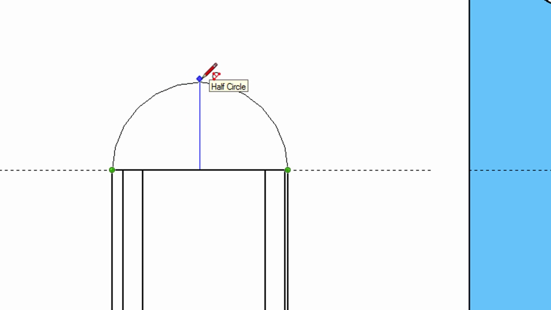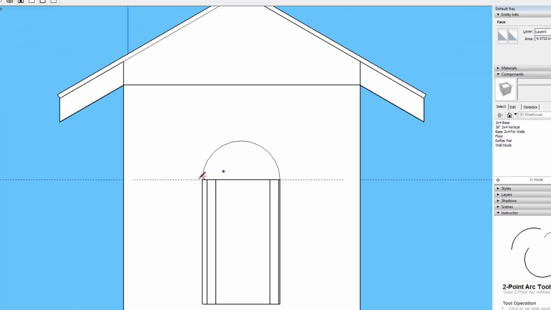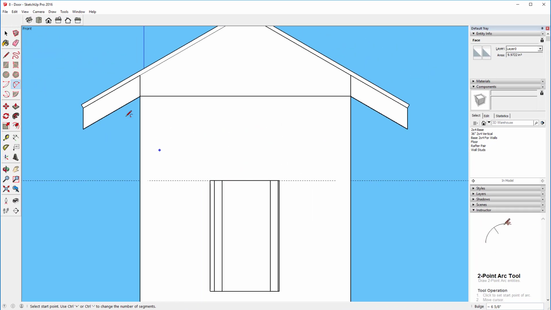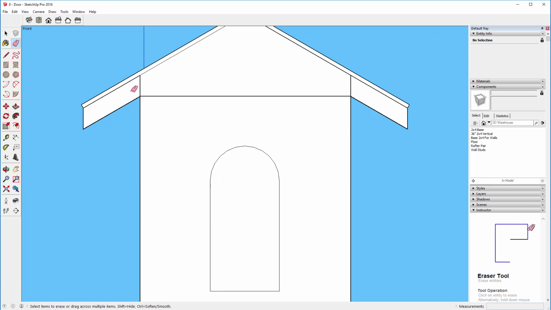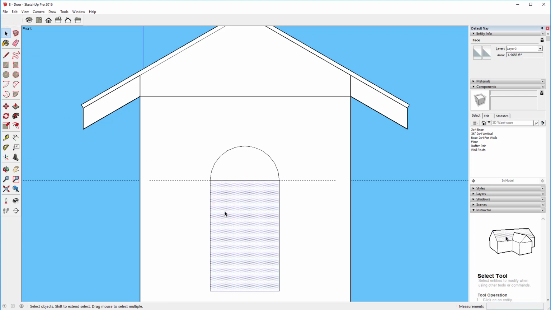There we go. See where it says half circle? So if I just go ahead and click on it, it'll say half circle. Now if arcs weird you out, you can always just also make a circle and come in here to the midpoint, come out to this point, and it fills in some geometry for you, but it gets essentially the same thing done. So I'll delete that, and then I'm going to delete that edge. Nope, I don't want to delete that edge yet,